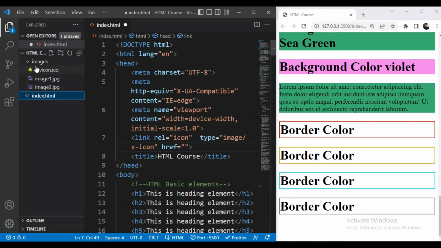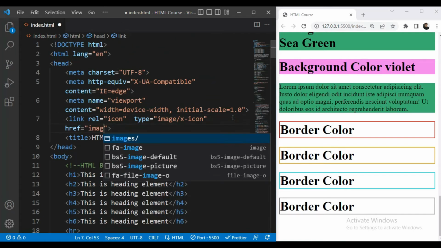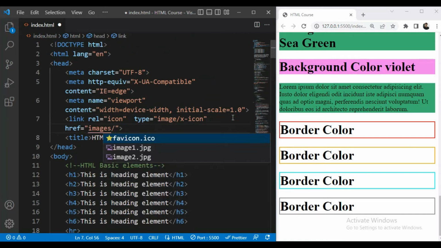So fav icon is inside the images folder. So here we will write images/favicon.ico. So let us save this. So now you can see this is our favicon.